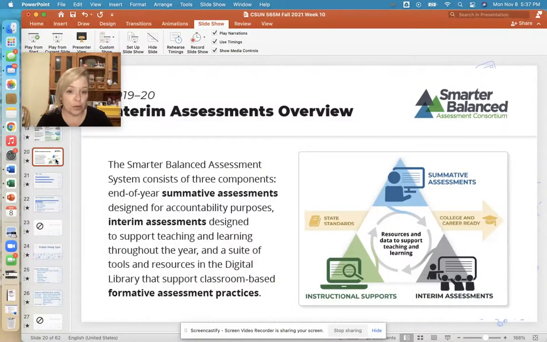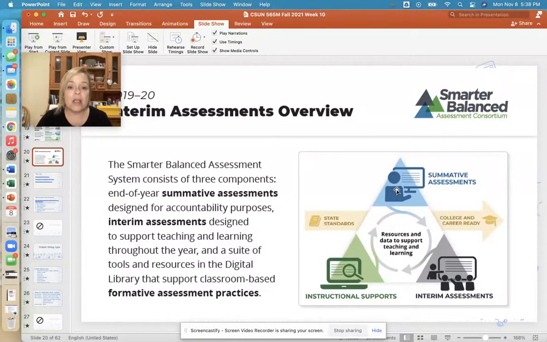So here's an overview. There are the summative assessments, which you see here, which I kind of don't think they should be at the top of the triangle, but they are. And those are for accountability purposes. There is a lot of discussion in education right now about the validity of summative assessments, what kind of biases are embedded in them. Just being able to administer the test is really challenging, because if the student doesn't know how to use a computer, they are going to have a difficult time completing the test. And so that right there, it puts some students at a disadvantage, particularly if they don't have a technologically savvy